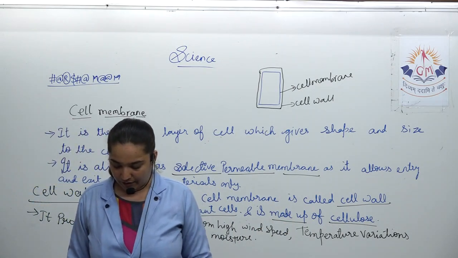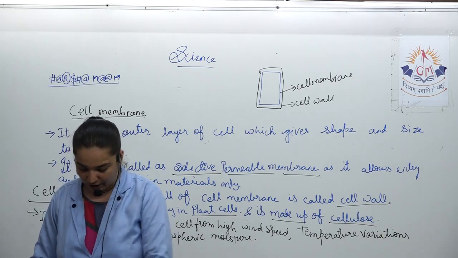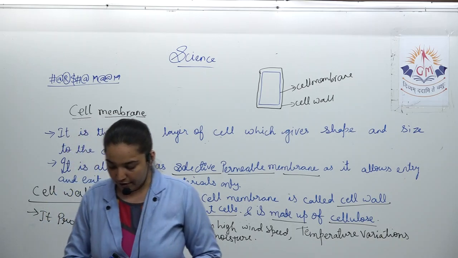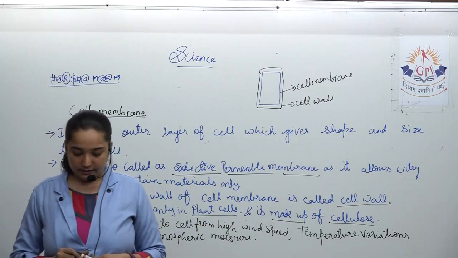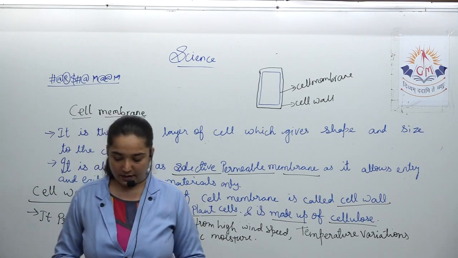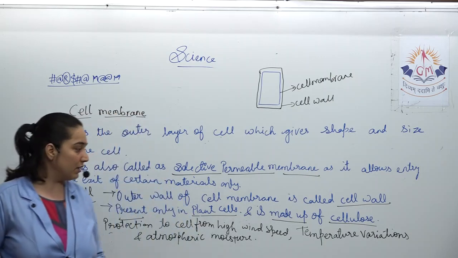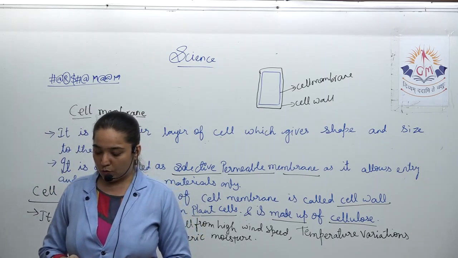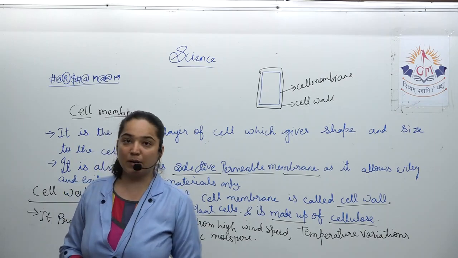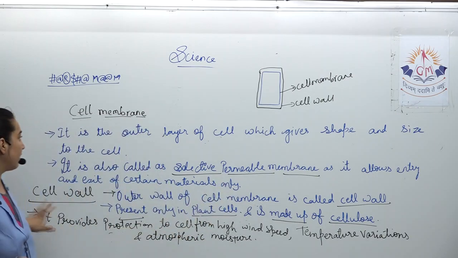After cell membrane we have the next particular part which is cytoplasm, and in cytoplasm there are many cell organelles, and we will discuss about those cell organelles also. So before we start further with the cytoplasm, please note it down so that we can move further.